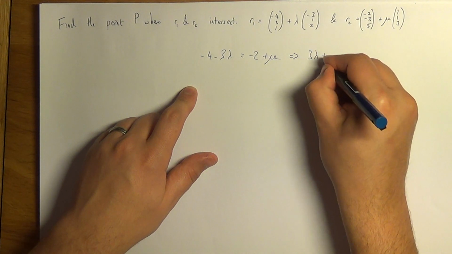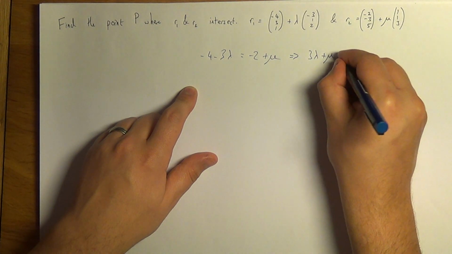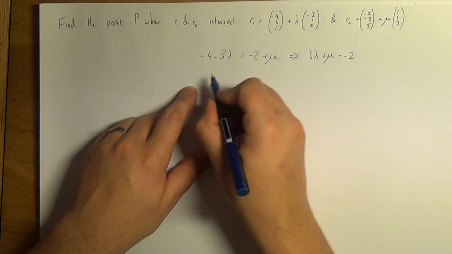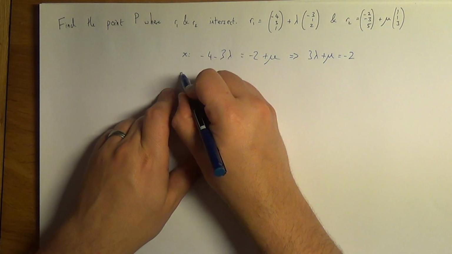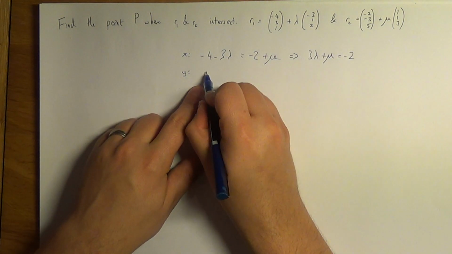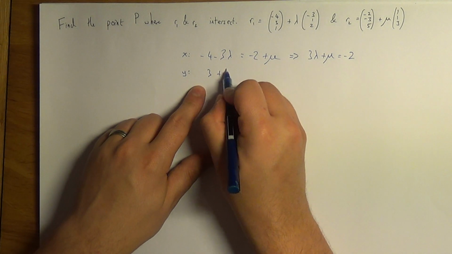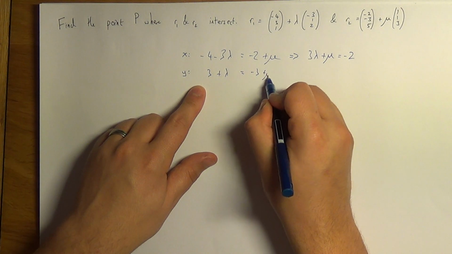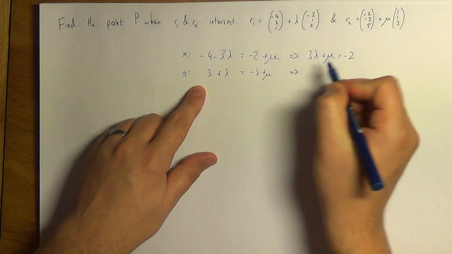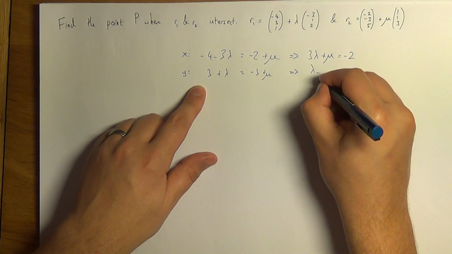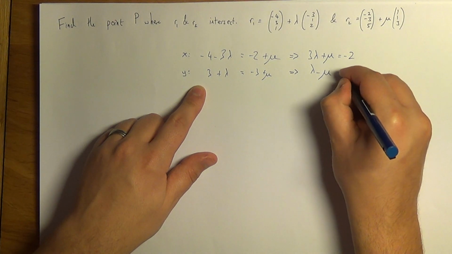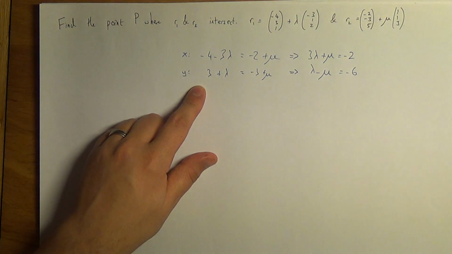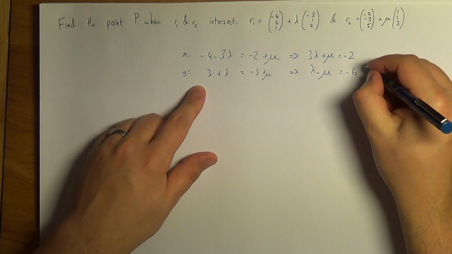3 lambda plus mu is negative 2. And that's the x components. For the y components, we could do 3 plus lambda from R1. From R2 we get negative 3 plus mu, which a bit of rearranging gets us lambda take mu equals negative 6. And that looks simple enough to actually eliminate ourselves, so why not add these and see what